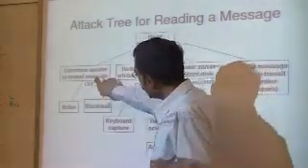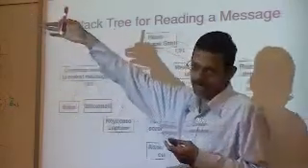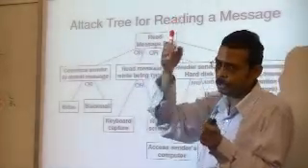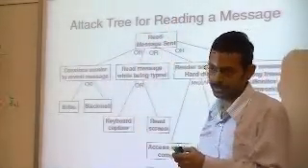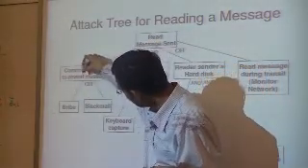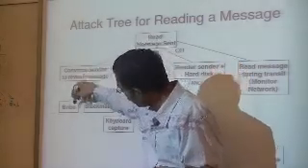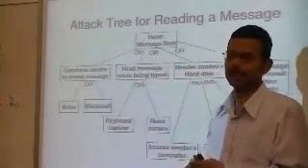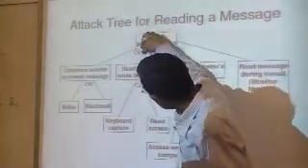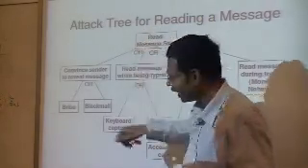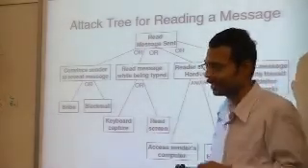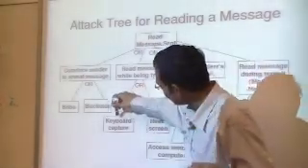One way is you convince the sender. Like someone, a sender, is sending to a receiver, and you want to know what he is sending. You are not supposed to know what he is sending, so you want to know from the sender. You convince the sender to reveal the message. You can either bribe him or you can blackmail him. Sometimes this is all day-to-day life. Or you read the message while he is typing it. You go and stand behind him and see what he is typing. That's called keyboard capturing.